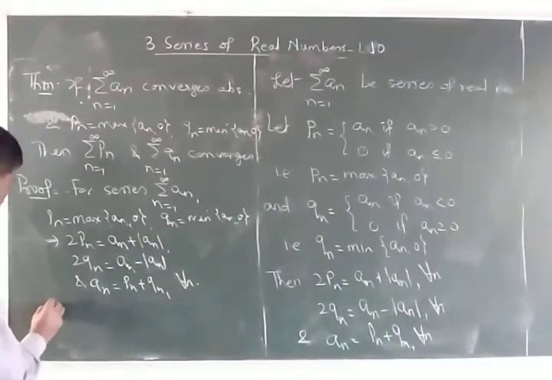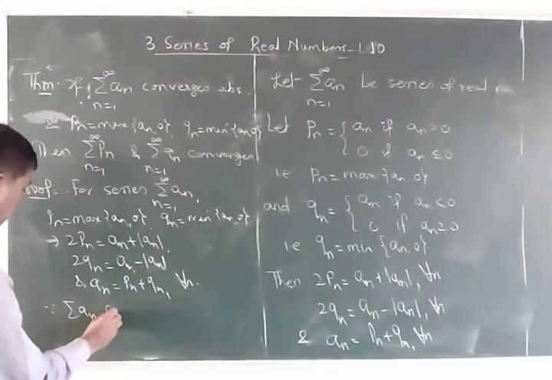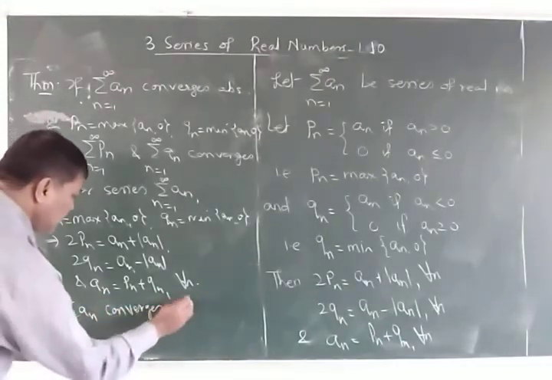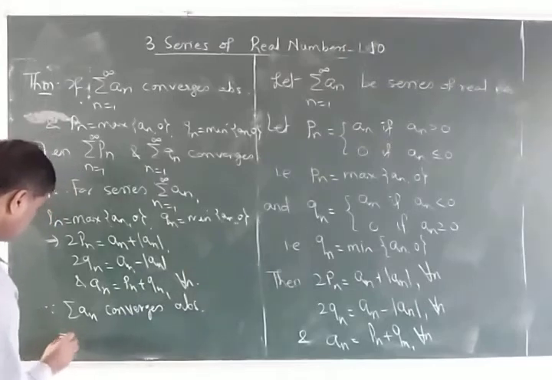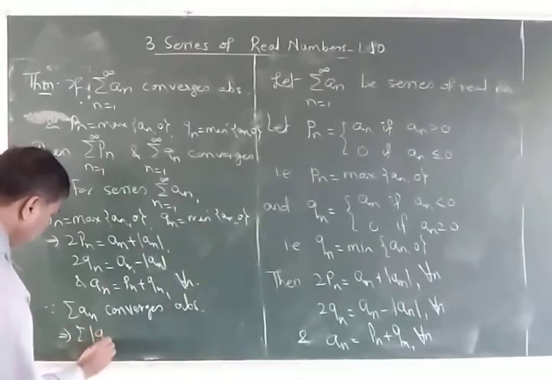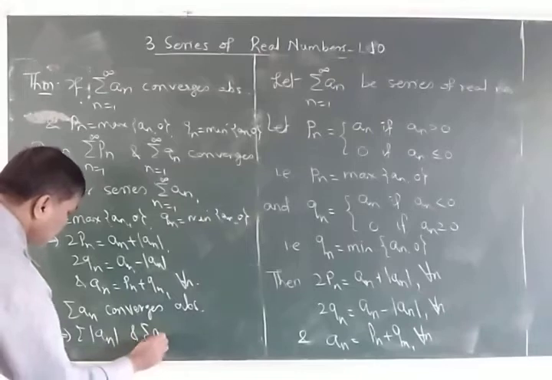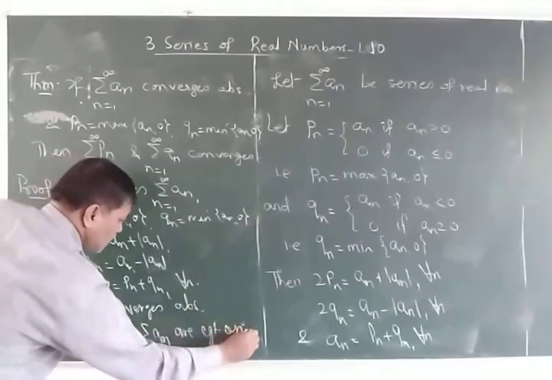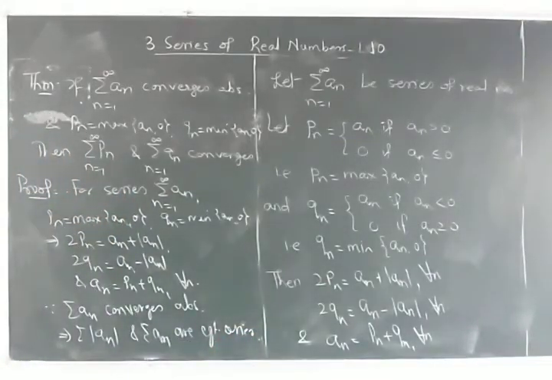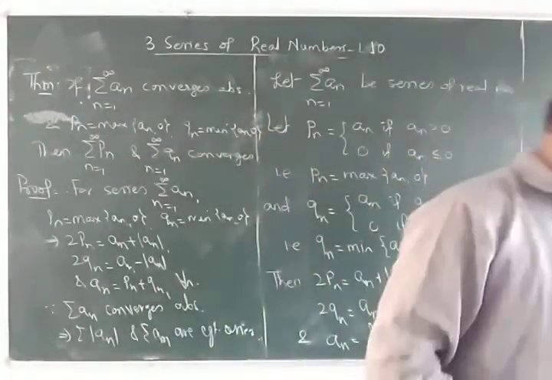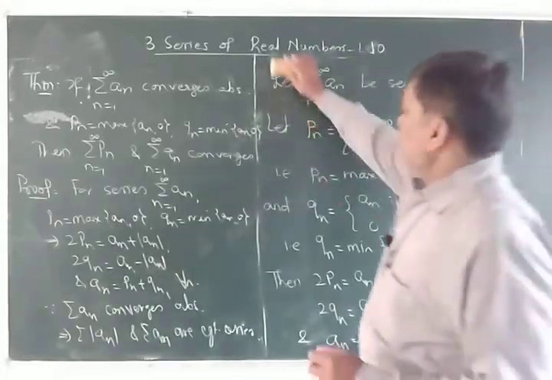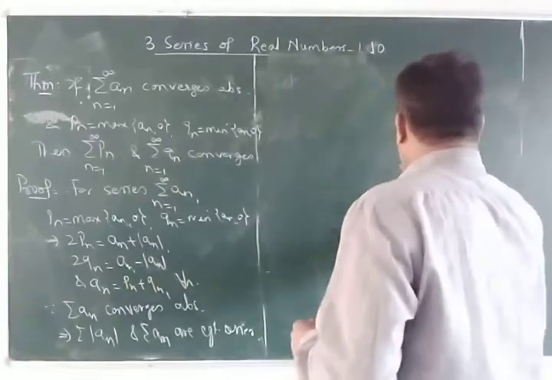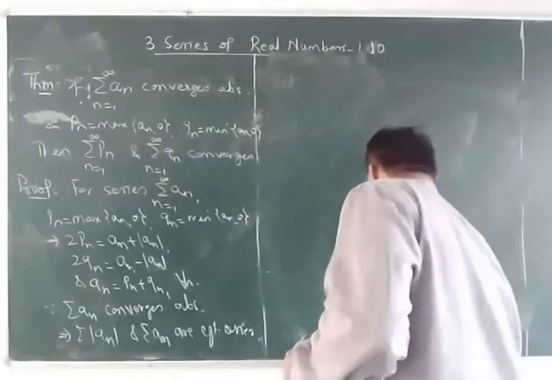Now since summation of a_n converges absolutely, it implies summation of mod a_n and summation of a_n are convergent series. Therefore,